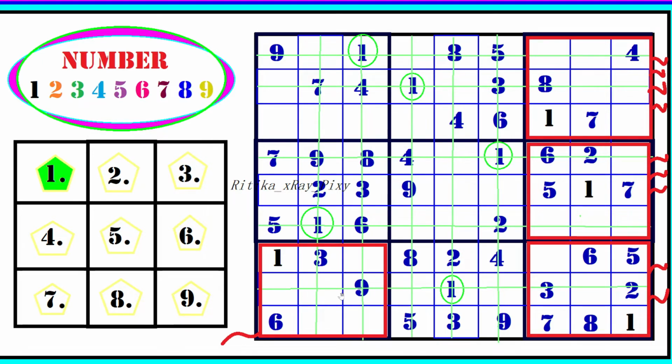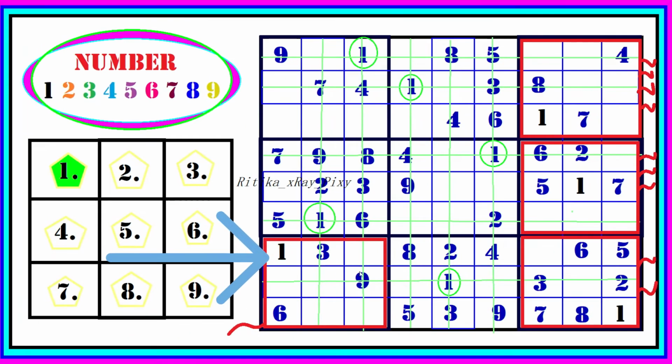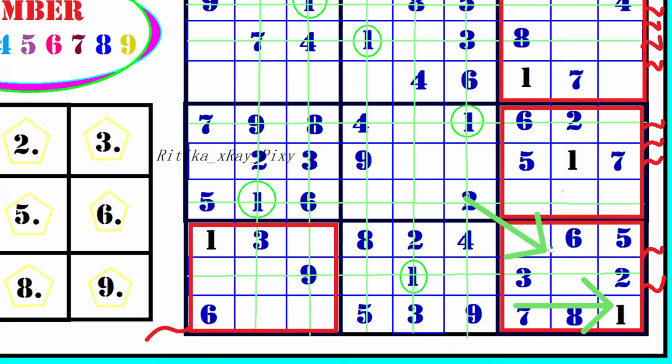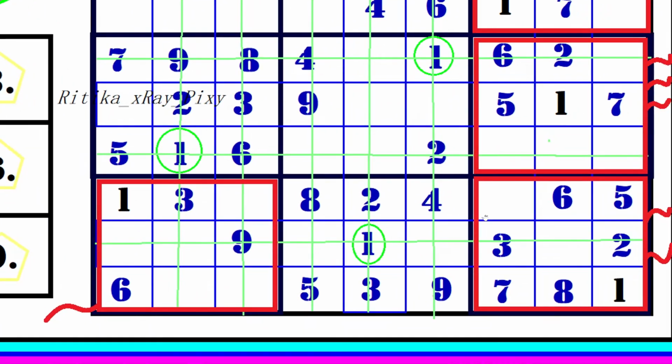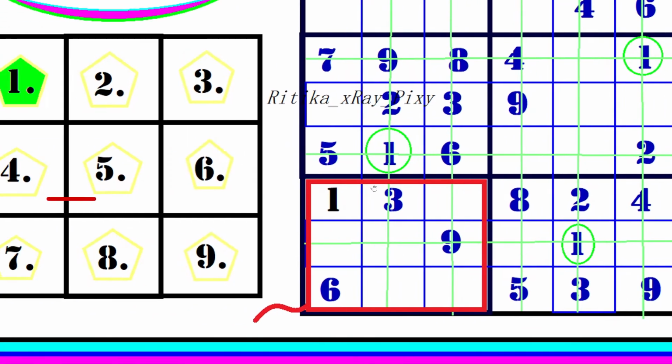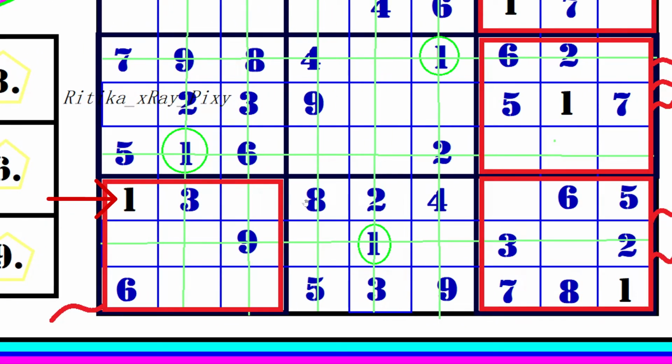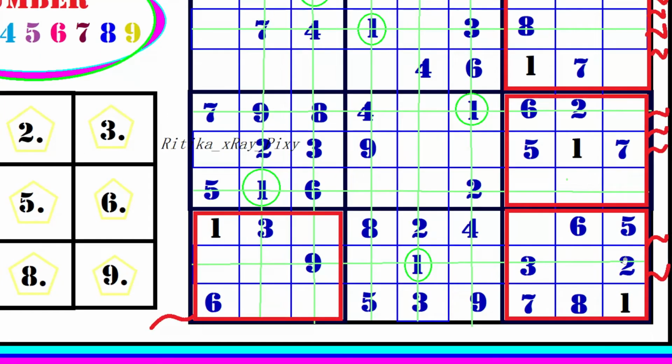In the 7th block you can see we have just one location where we can place 1, this one. In the 9th block, here you can see we have 2 locations, this one and this one. But as we already placed 1 in the 7th block, so in this row we cannot place 1, so we have just one location, this one.